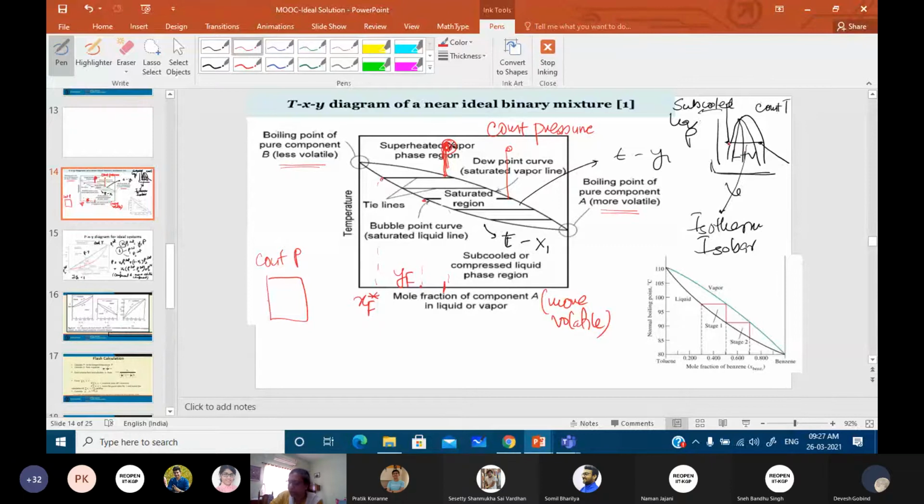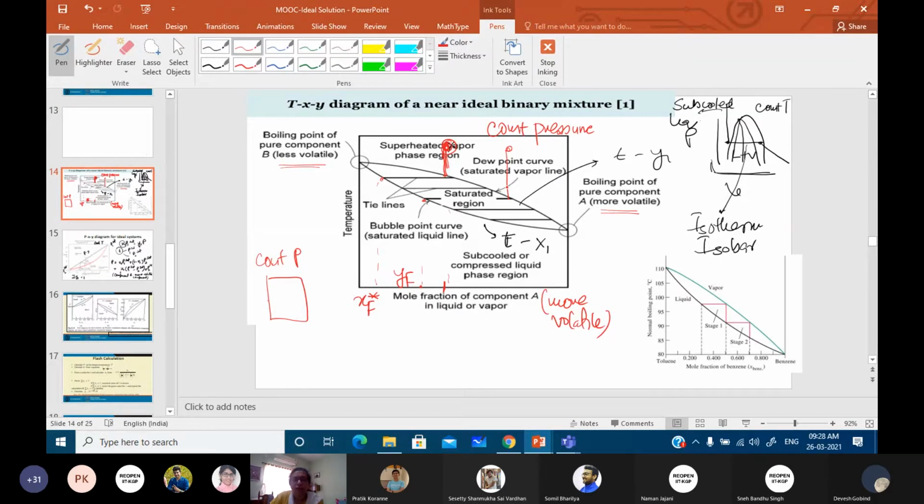So in this particular case, what you should be noting is, while the boiling point of a pure component liquid is constant, if the pressure is kept constant, the boiling temperature becomes constant. If we are performing the experiments at a constant temperature, then the saturated pressure conditions remain constant, but in this case the saturated condition, the temperature and pressure, also depends upon the composition of the multi-component or the binary mixture.